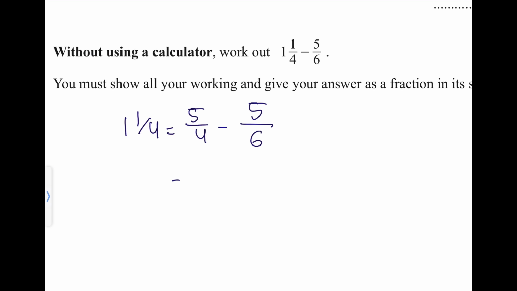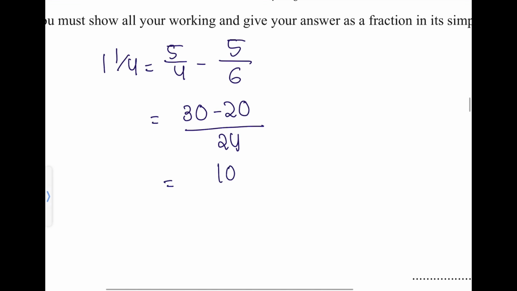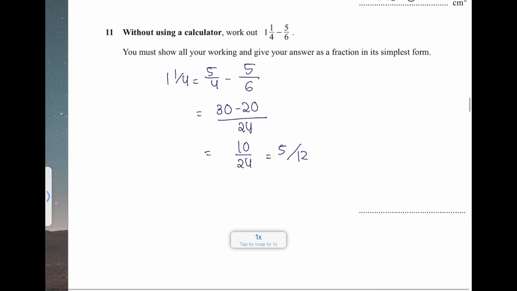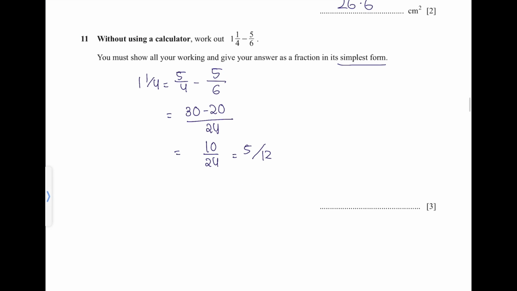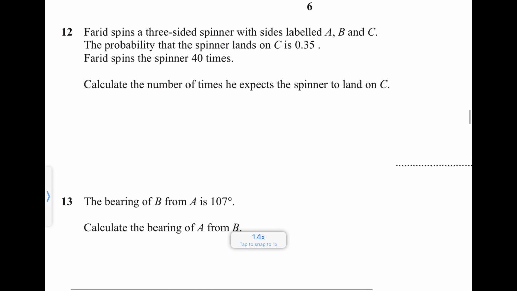You can effectively cross multiply. So 5 into 6 is 30 and 4 into 5 is 20 over 6 into 4 is 24. That gives you 10 over 24, which is 5 over 12 in the simplest form. It's important to write in the simplest form, otherwise you would lose 1 mark. So 5 over 12. The next question says that Farid spins a 3-sided spinner with sides labeled A, B, and